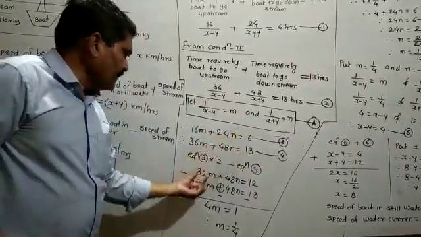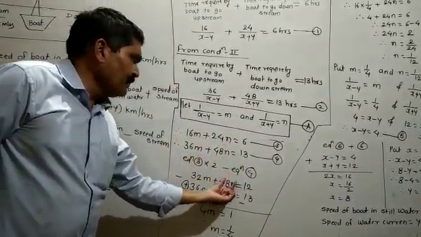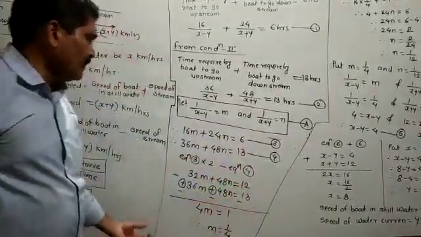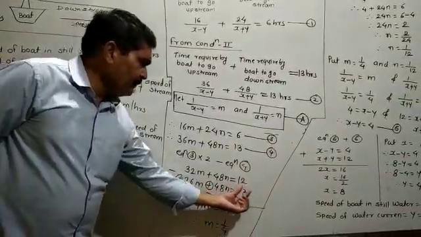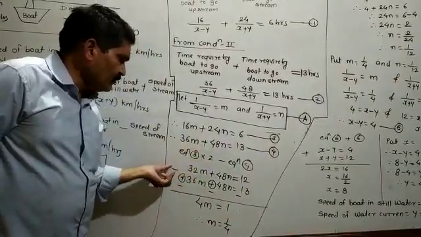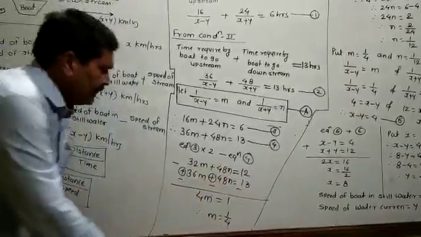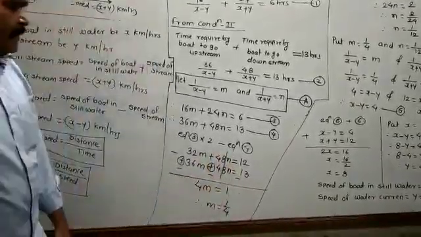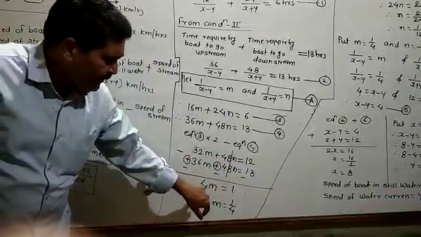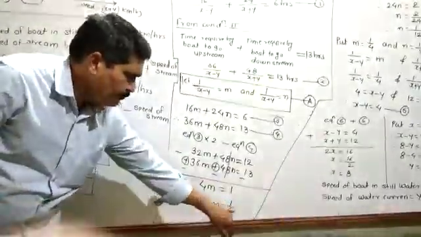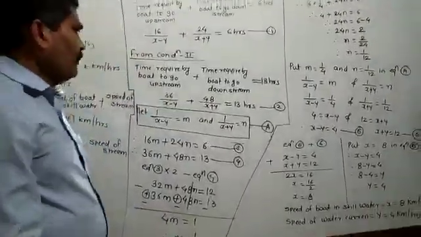Multiplying equation 3 by 2 means 16 multiplied by 2 is equal to 32, 24 multiplied by 2 is equal to 48, 6 multiplied by 2 is equal to 12. And equation 4 will come as it is: 36m plus 48n is equal to 13. Here, the same sign, you have to do the subtraction. This plus becomes minus, this plus becomes minus, this plus becomes minus. You strike plus 48n and minus 48n. After doing the subtraction, this will come 4m is equal to 1. Transpose 4 to that side, at that time m is equal to 1 upon 4.